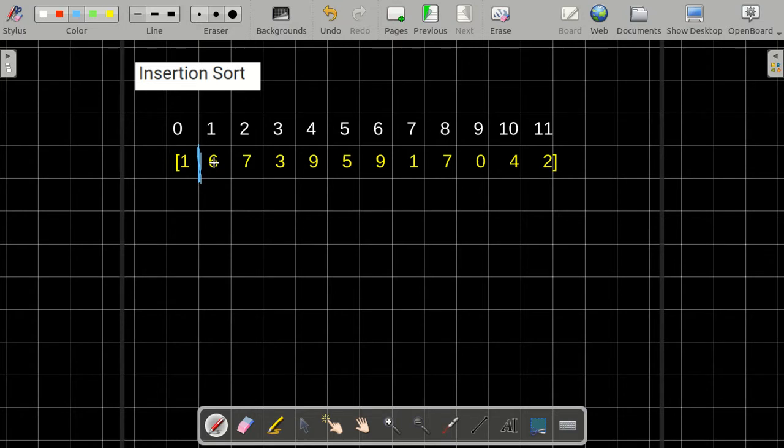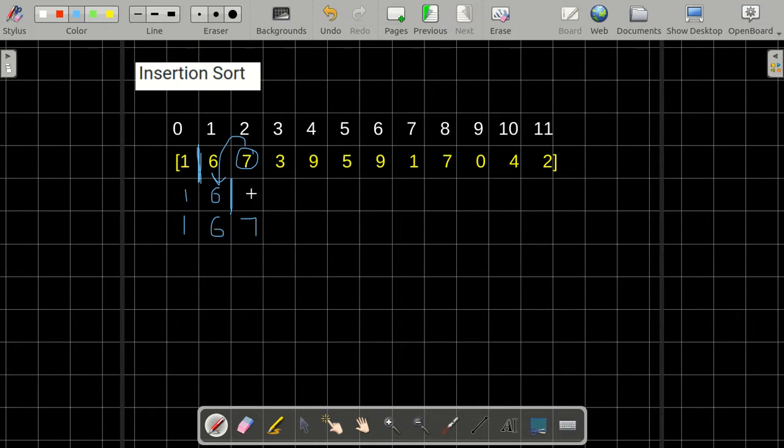Now over here we know that this part is already sorted and this number 1 is less than 6. So this means that the correct position of 6 is over here only. So in my next pass, we'll have this as our first array. Now the next number is 7. We again compare the number 7 with the last element of the first array. 7 is greater than 6, so its actual position is the same. So we'll have 1, 6 and 7 over here.